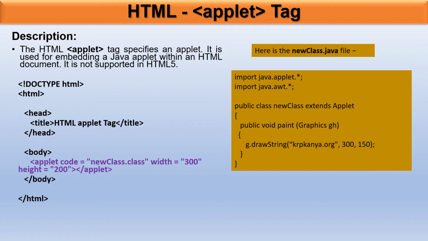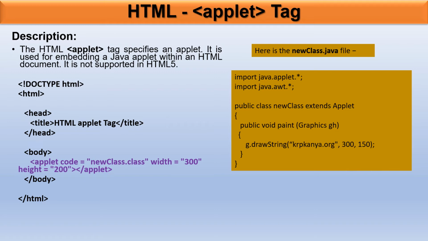In this Java file, the public class newclass extends Applet. Very important, at the right hand side the applet is specified, and in this public class another method is written, which is public void paint. We know that there are different methods. The paint method is an important method in the component class,